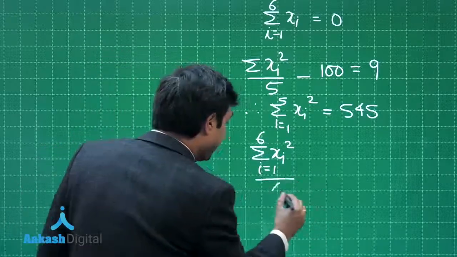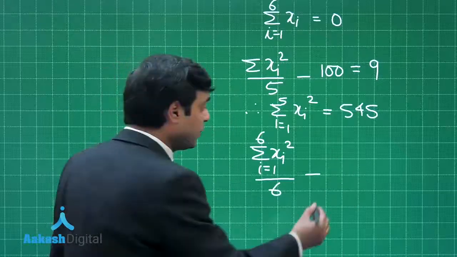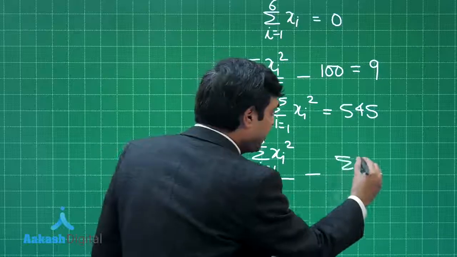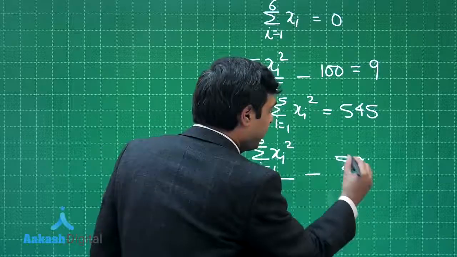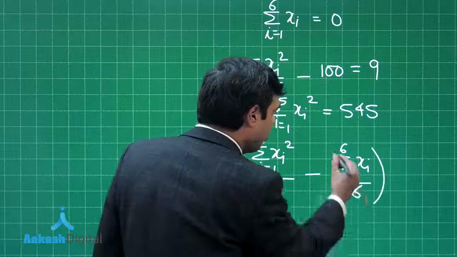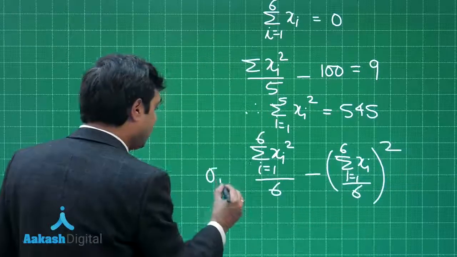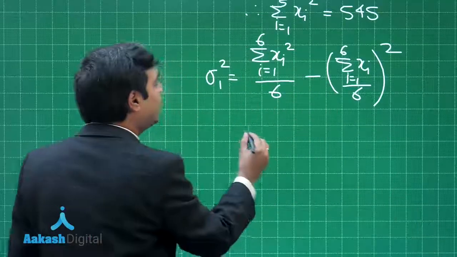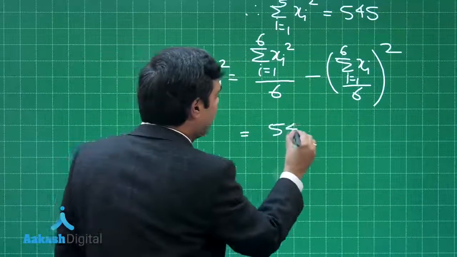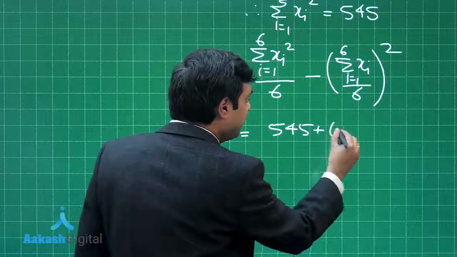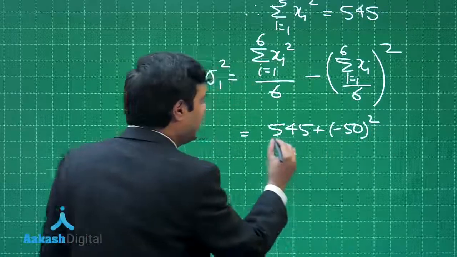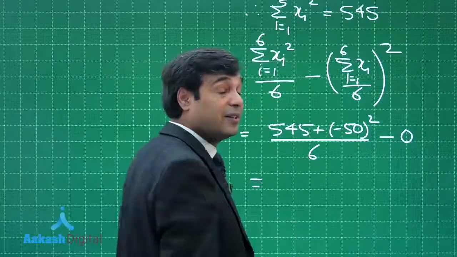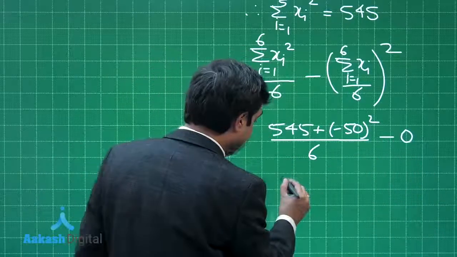This divided by 6 minus, next what we are looking for, mean of 6 observations, that is summation xi, i is from 1 to 6 divided by 6, whole square. This is what we are looking as the new variance. So, substitute the values over here, this gives you 545 plus 0 minus 50 whole square divided by 6. Simplify to get the result, and result obtained is